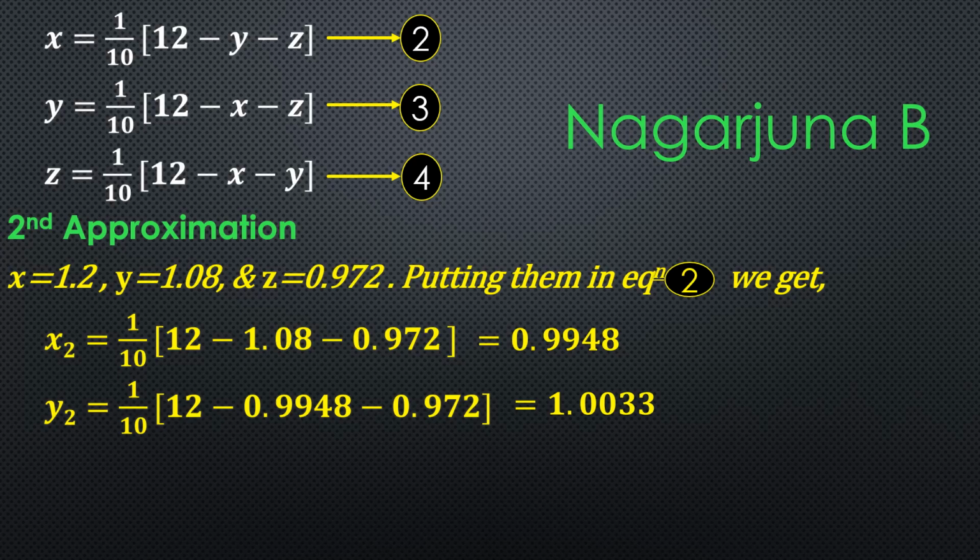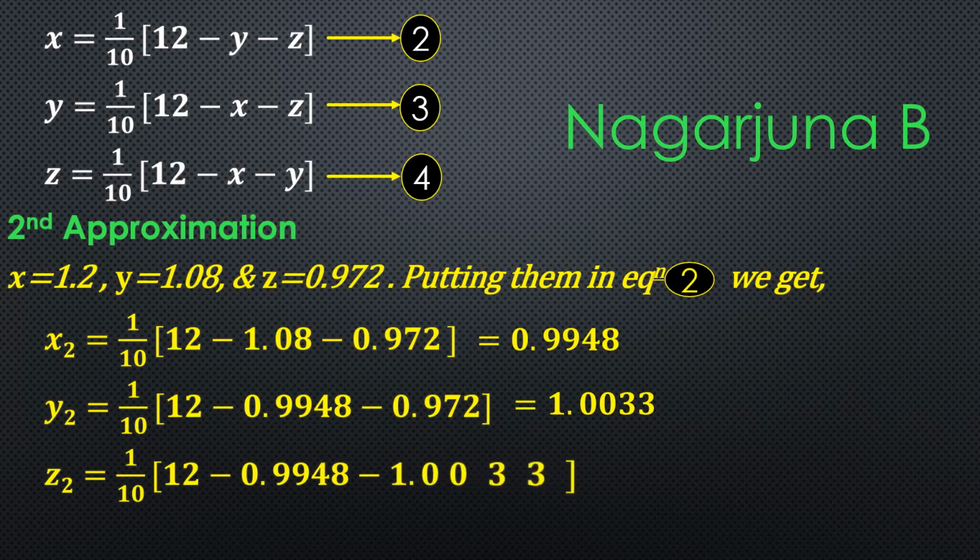Then next we need to calculate the value of z by putting the values of x and y which we got in the second approximation in equation number 4. So therefore we can write z2 is equal to 1 divided by 10 into 12 minus x value, which is 0.9948, minus y value, which is